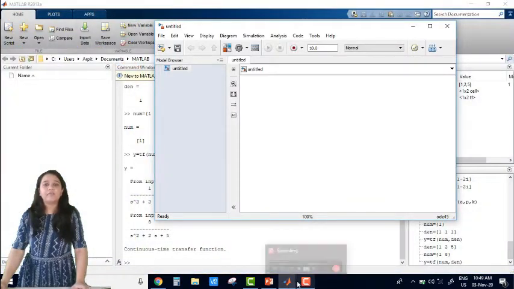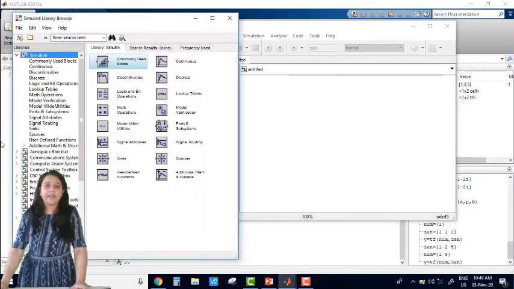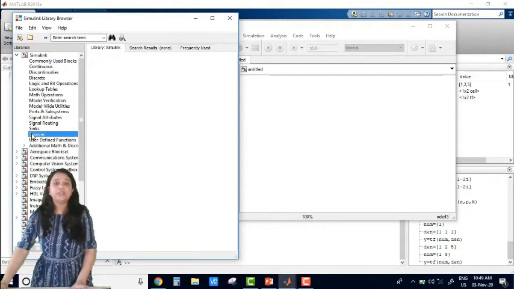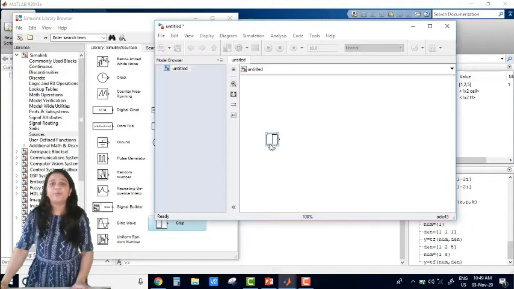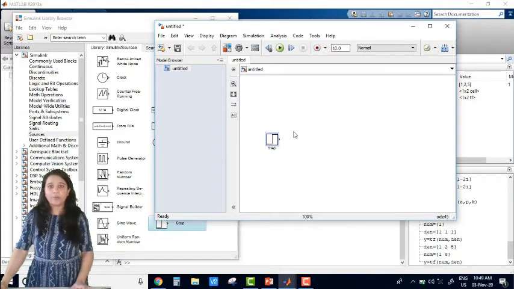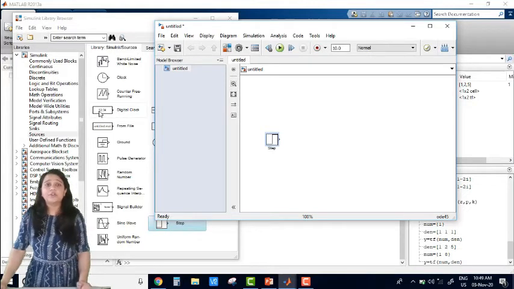Now in practical number 2, we have to apply a step input for this particular system. For that we use the Simulink library and go to the Sources. In this source you can see that a step input is given, so we can put a step input in this model. After that we can put a transfer function of this system.